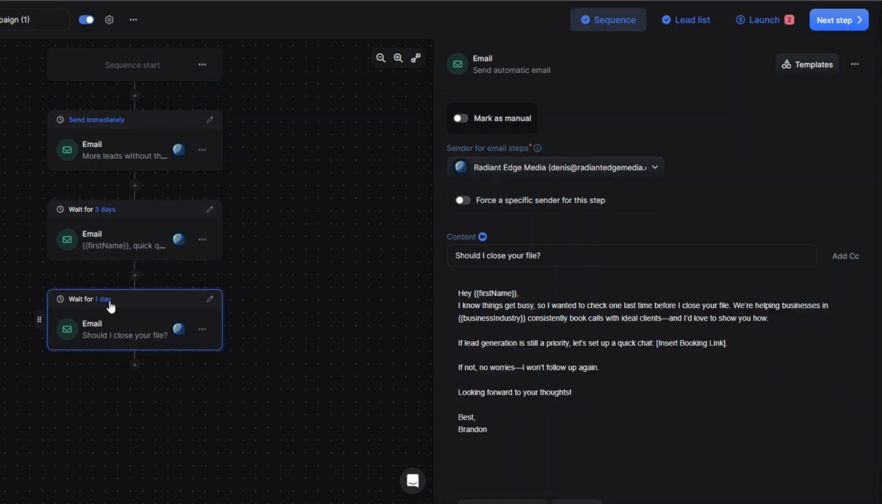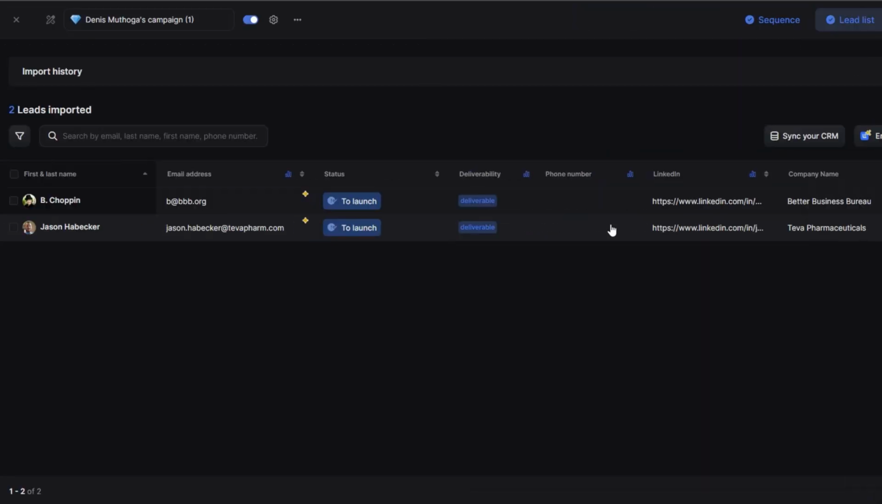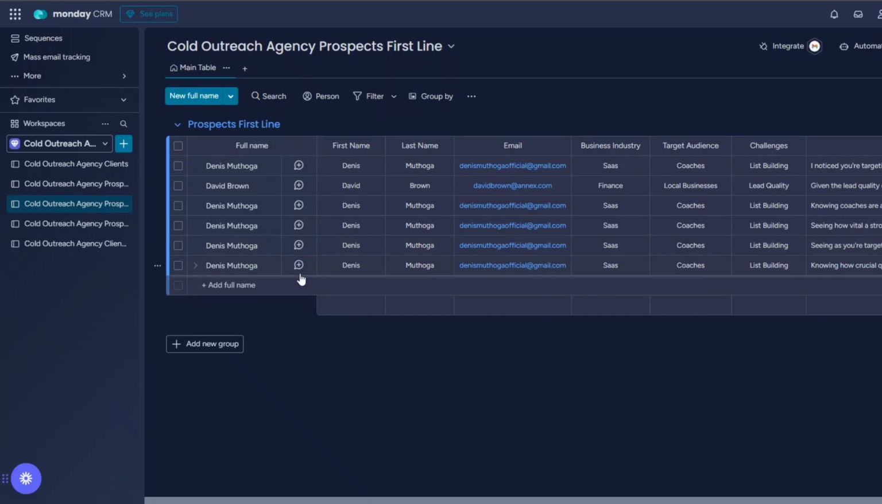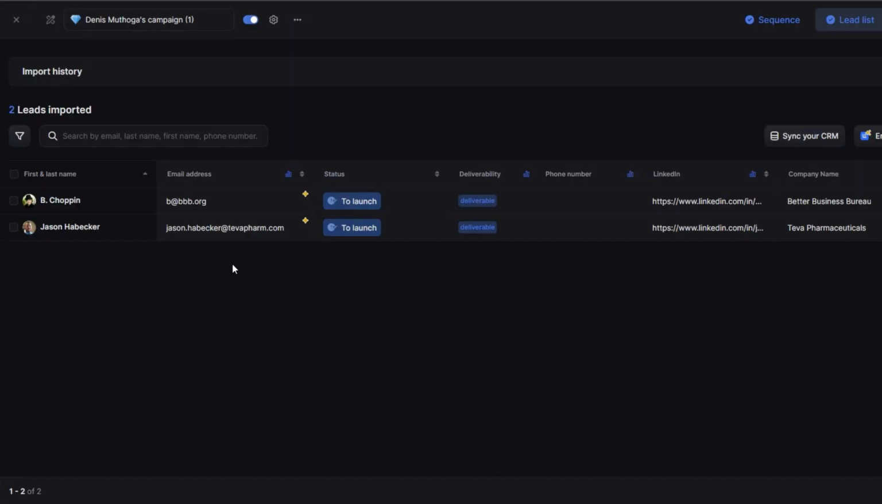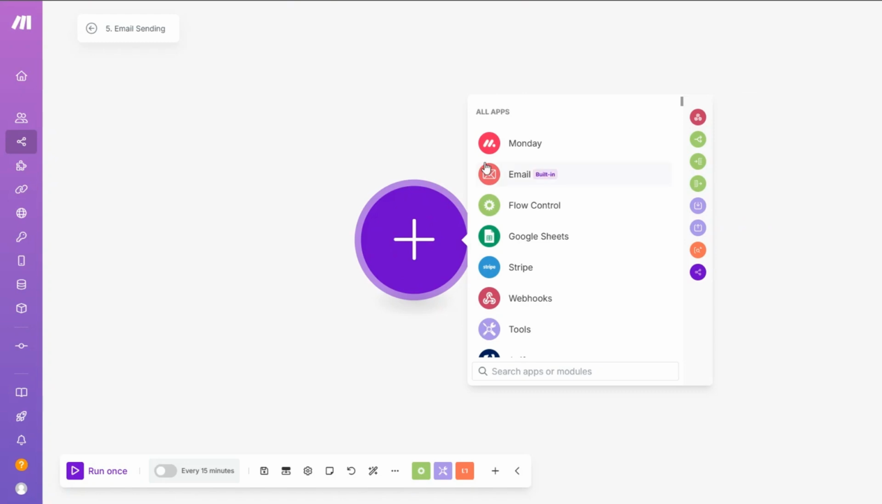Then we're waiting for another 1 day to send the third follow-up email. And then here, you can see the leads that we are sending the campaign. I'd like to add these prospects to this campaign so we can also send them the outreach campaign. So on automation, on Monday,